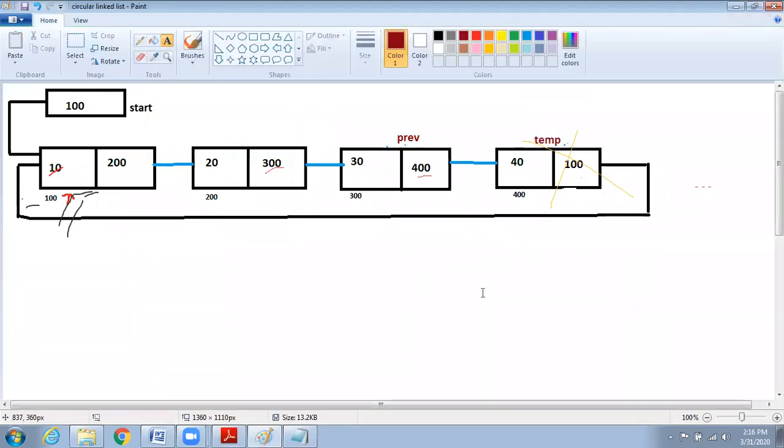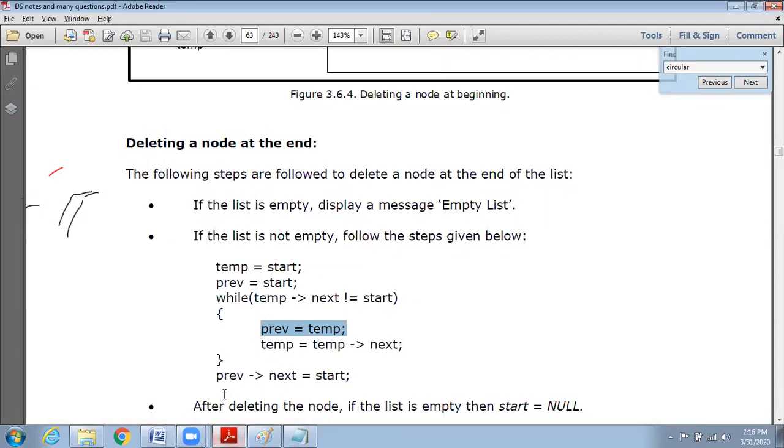And only one change. That is previous next equal to start. Start node. Guys, are you getting? So only one change.